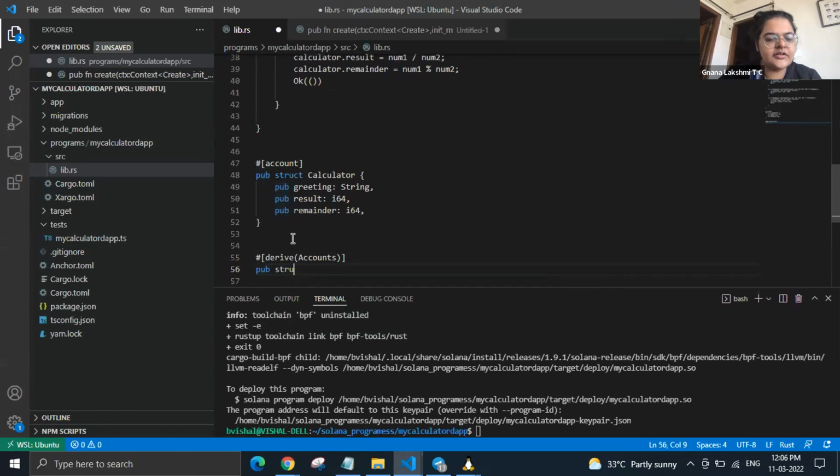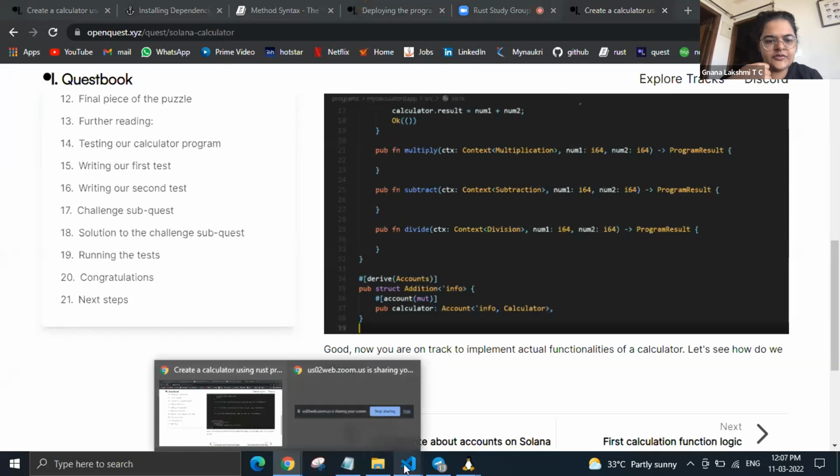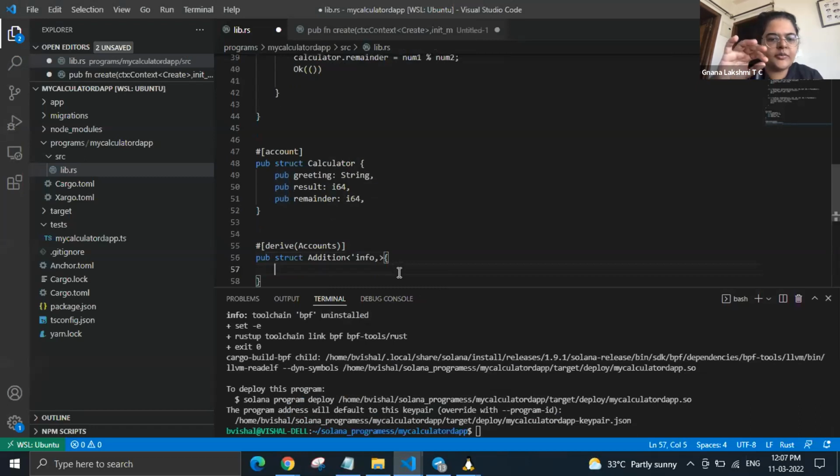So struct, public struct addition. Then they have used that, and info, I don't know what this means. Just close that. I think we have to do a little bit of research from our end on what this means. No comma, just,